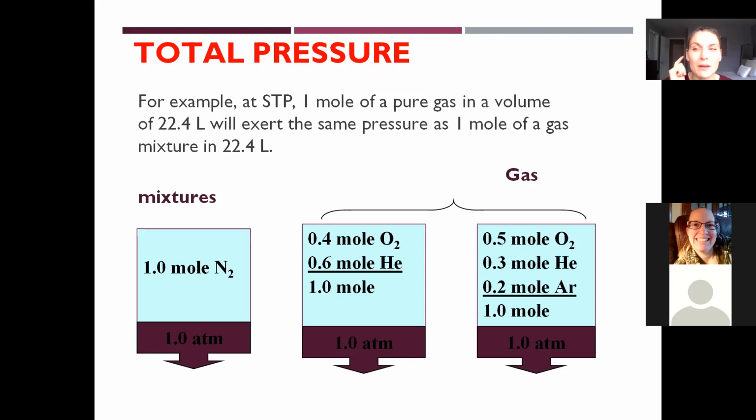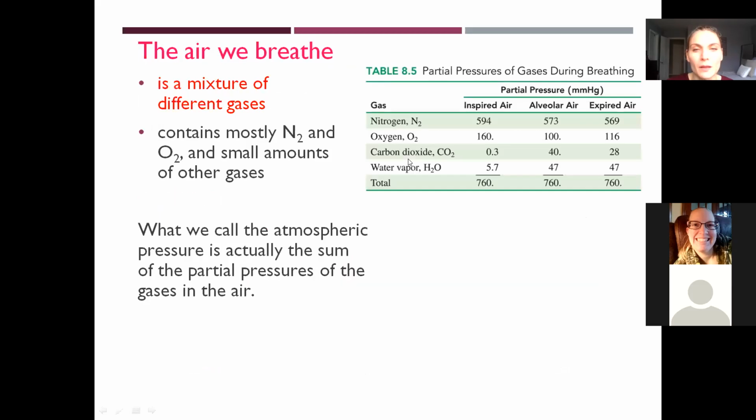So when we hear the term STP, 1 mole, 22.4 liters, 1 ATM, we just kind of combine it all together. And what these mixtures aren't showing you here is that you're assuming that this container is 22.4 liters. But the 1 mole of O2 is the exact same as your combos. They all still have that same pressure.